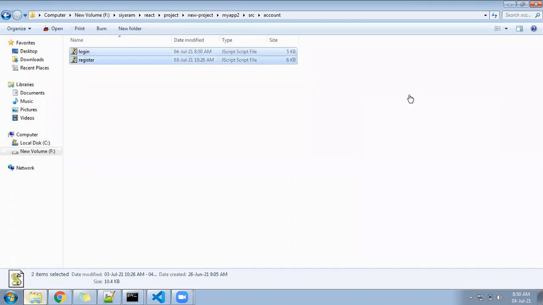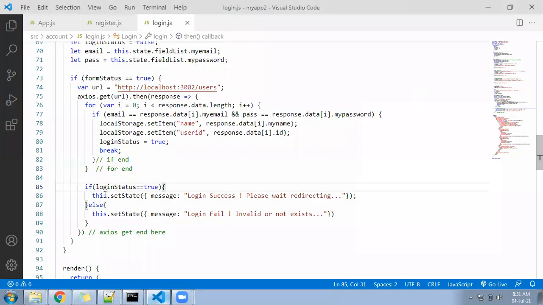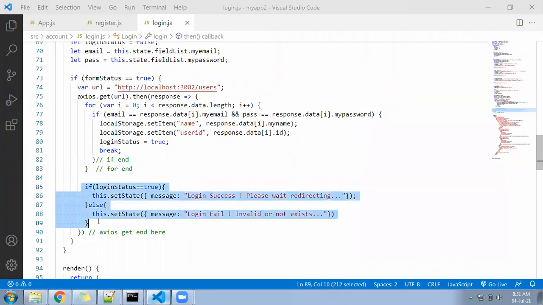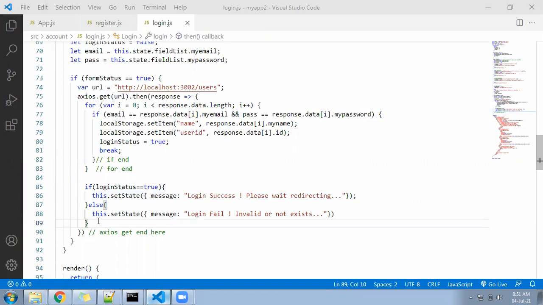In case of error, replace it and get ready. So add this if else condition. It's saying if everything is correct, then login success, please wait, redirecting. If something went wrong, then it will say login fail, invalid or not exist. So where are you checking? You are checking in that JSON file, whether it is working or not, whether it's there or not.